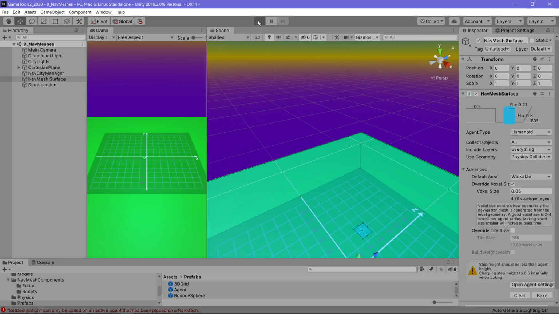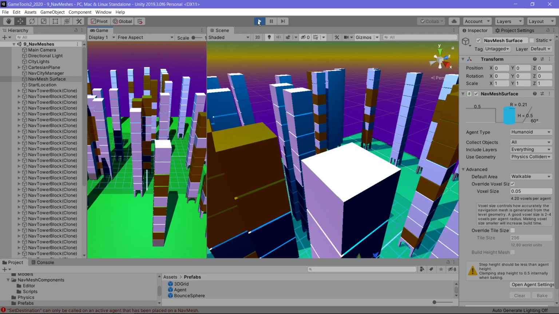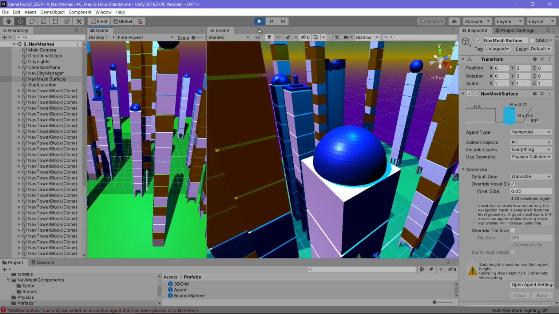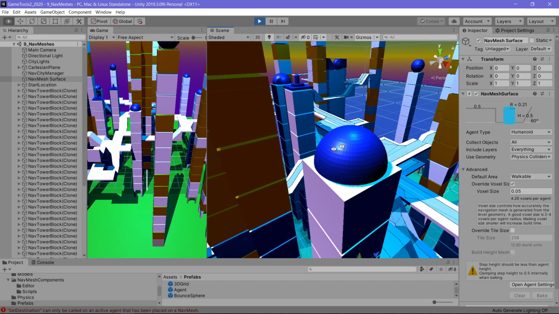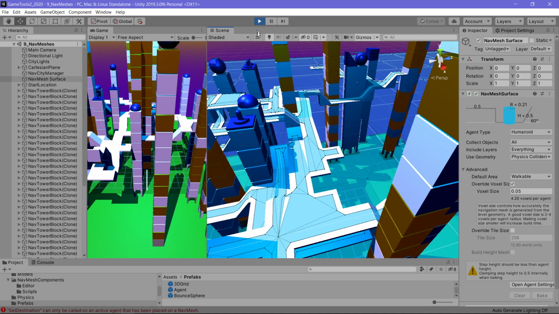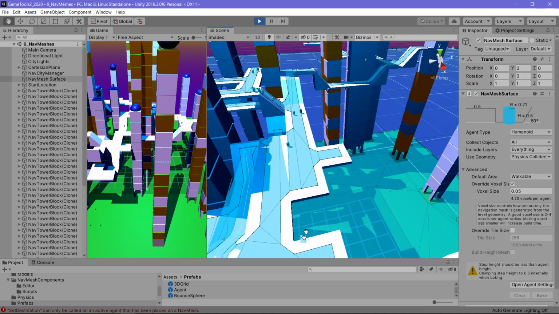In this case, this wasn't a problem. The agent is doing a certain bit of avoidance there, but you can see that at the end of the day,